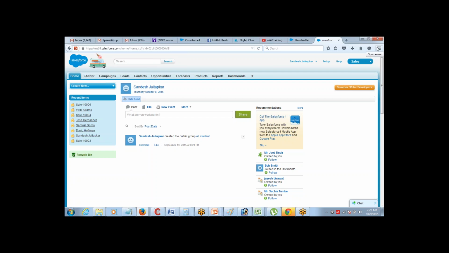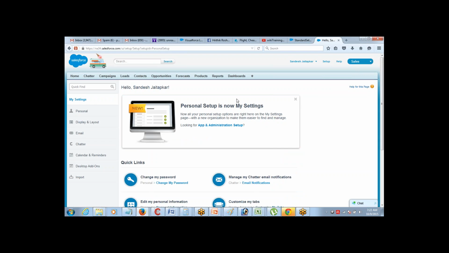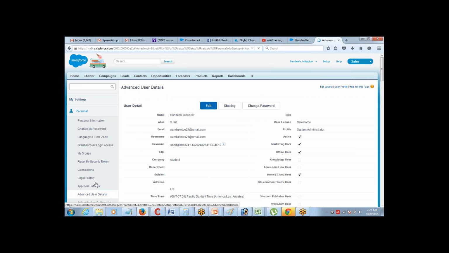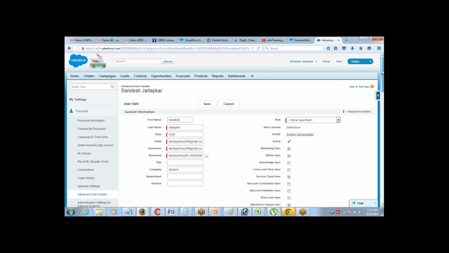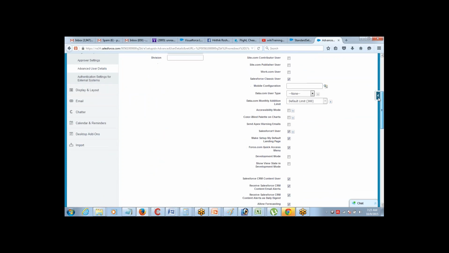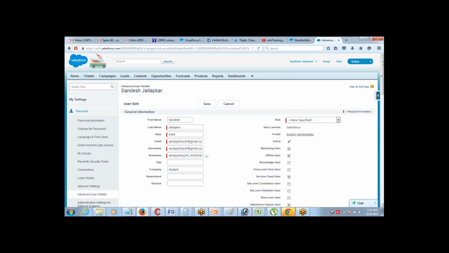Now let's see how we actually enable the development mode. It's very simple. As I told you, you just have to go to My Settings, and under My Settings go to Personal. Under Personal, go to Advanced User Details, and then click on Edit to enable the development mode. This is where you have to enable it. Enable development mode, that's it. Click on Save.